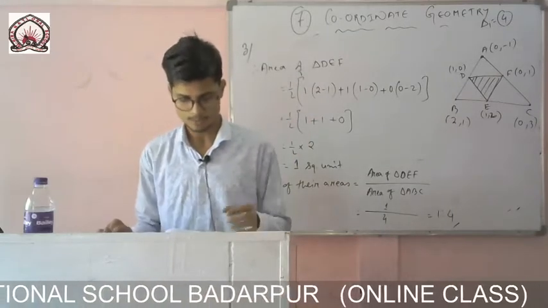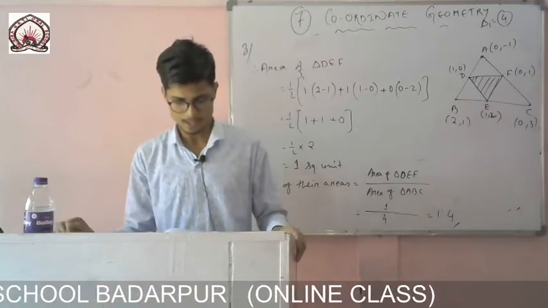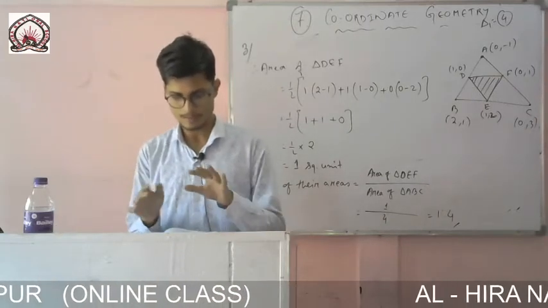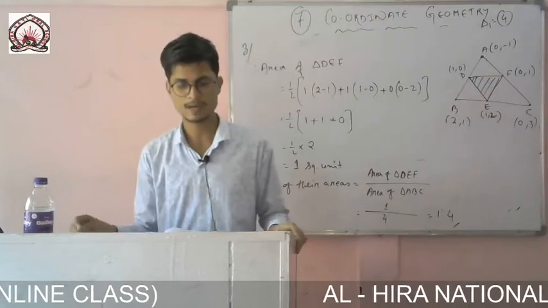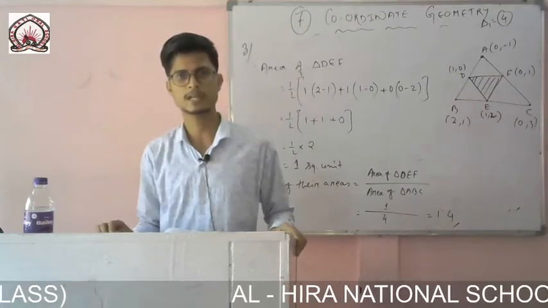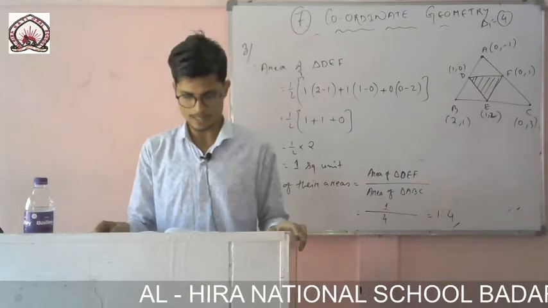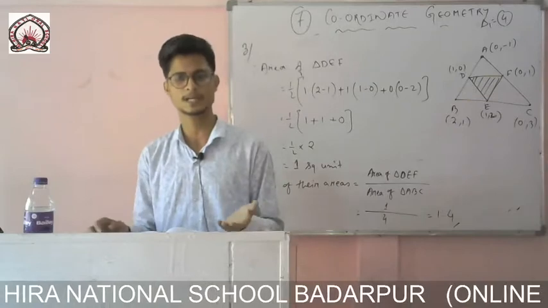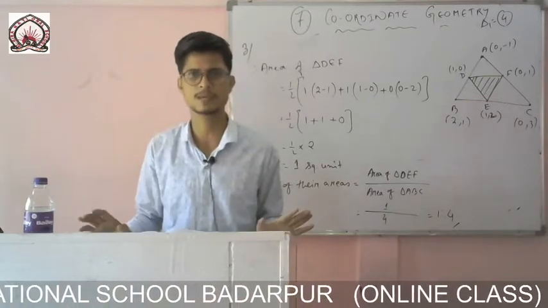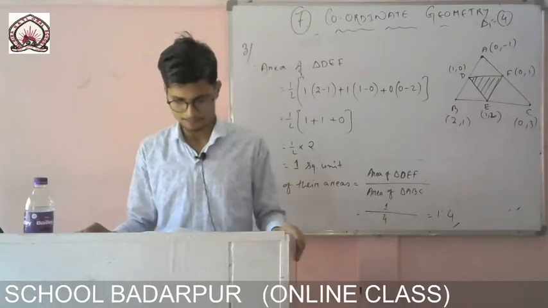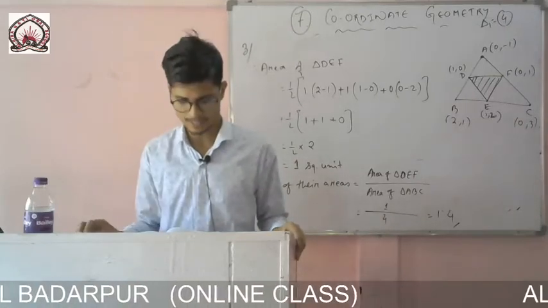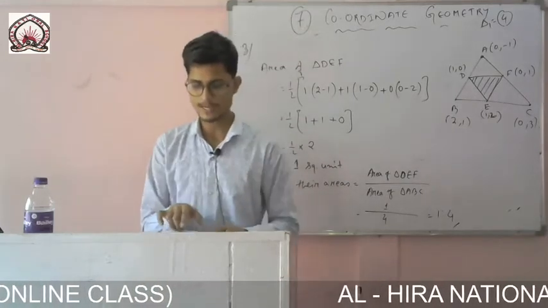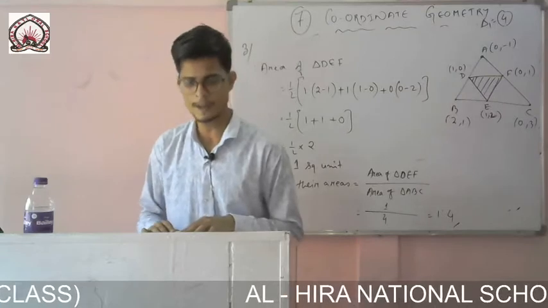Then you see, since the area is a measure which cannot be negative, so we know that area can never be negative, it will come in positive. So we'll write minus 2 as plus 2. Okay, remember that one. In exam, if the answer comes minus 2 for area, then you write like this, that since area is a measure which cannot be negative, area can never be negative. If there is something, then it will have some area, it can never be negative. So it can be 0 but it will never be negative. So always remember this one. Example number 12, you see very carefully, the answer came minus 2.